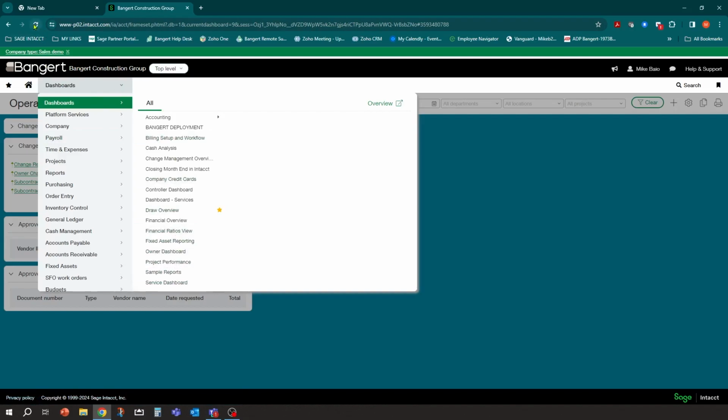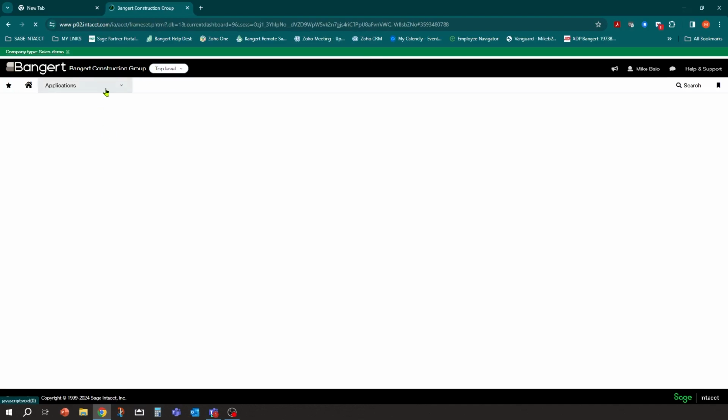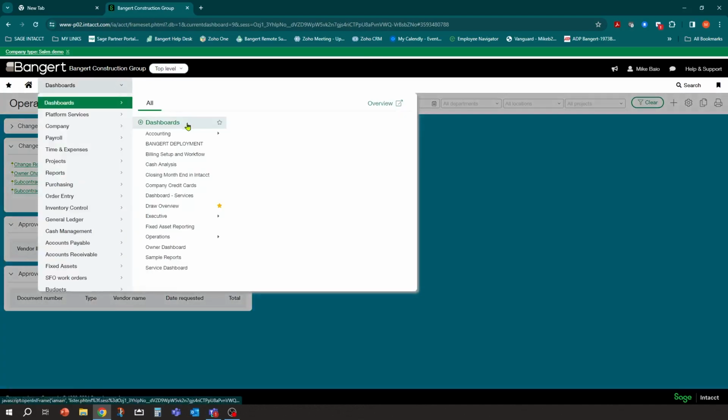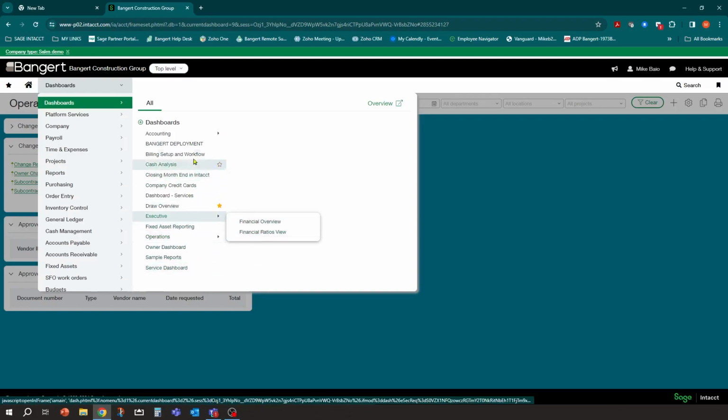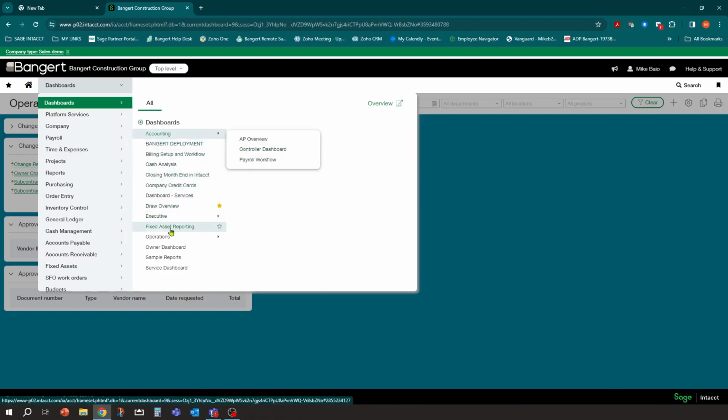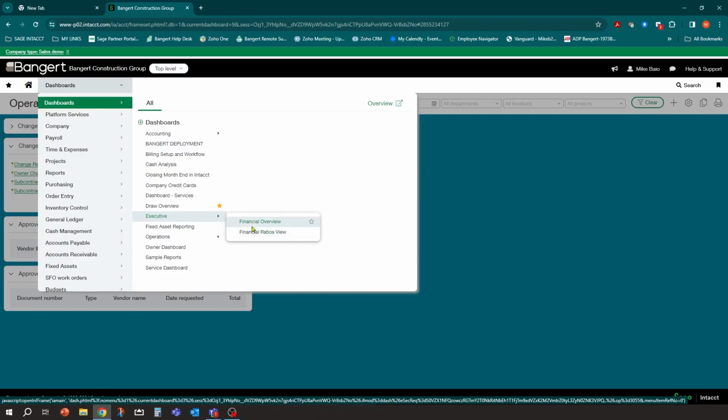And let's see if there's any others that we might want to consolidate. Well, we have to refresh. So let's go ahead and refresh now. And once I refresh, it's going to look different again. So if I go over to here, now I see accounting. There's my executive. There's my operations. So as you're adding these, you can kind of see how it's starting to form and simplify. So as we finish this process and get all these over to a board, you're going to end up with 4 or, in our case, 3 lines here for this dashboard, and then you could dig in further down here as well.